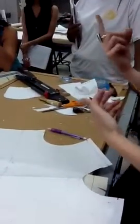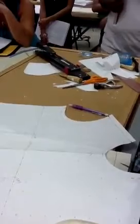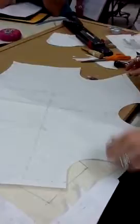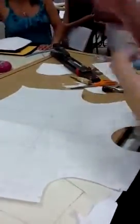So if it's a one-way print or a one-way type of fabric, we would put an arrow saying which way is up. Okay? But if it's something like this or an all-over print where the flowers look good both directions, we're going to put an arrow going both directions. Okay? So start on the bodice. I'm going to do my back bodice and then I'll pull you over when something matters. Okay? But the back bodice gets marked in the same way. I'll call you over when it gets a little